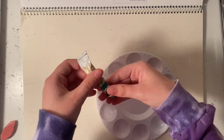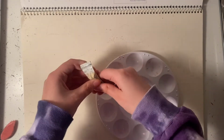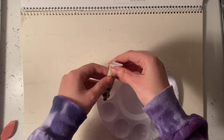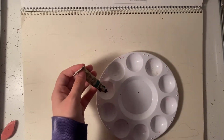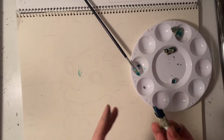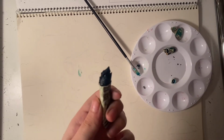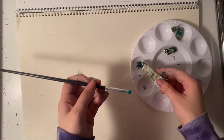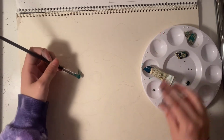Oh, it cracked. I think the paint is cracking inside. This is very hardened and crusty. So whilst I was trying to fix it and get the green to come out, I just snapped it in half. So hey, I guess I found a solution, you know? Anyways, I thought we'd get started and see how this...